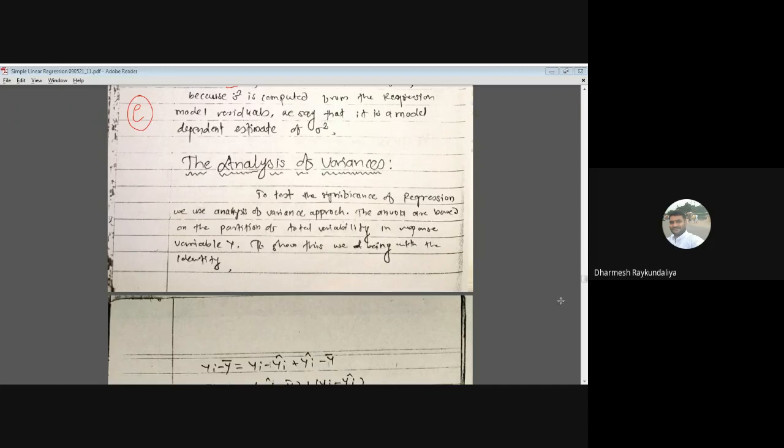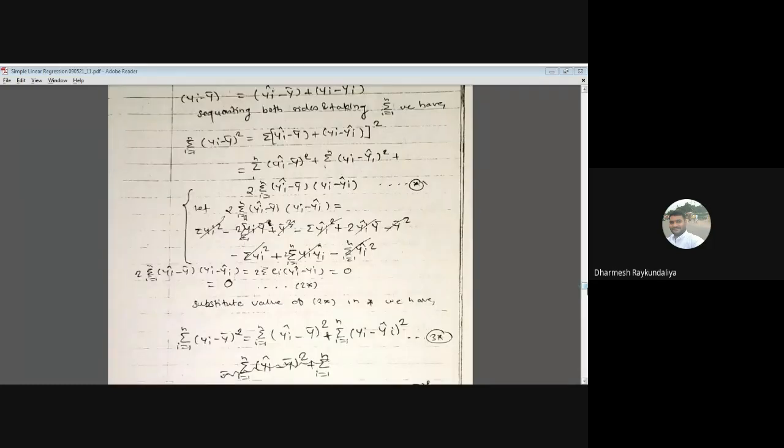Now there is an assumption on the residuals that the variance of the residuals is a constant. How will you check this constant variance assumption? You usually make a plot of residual versus fitted value. If you do not get any kind of pattern, then we say that the variance of residuals is homogeneous across all observations.